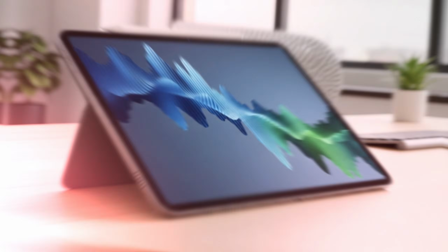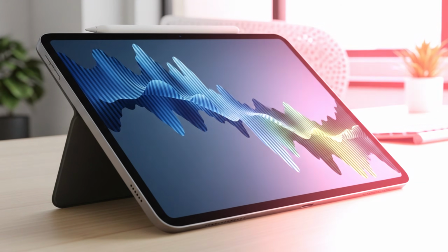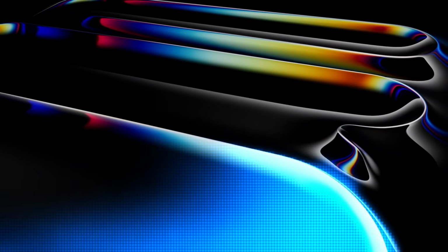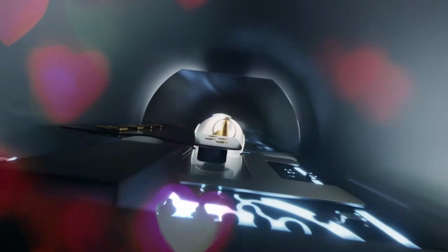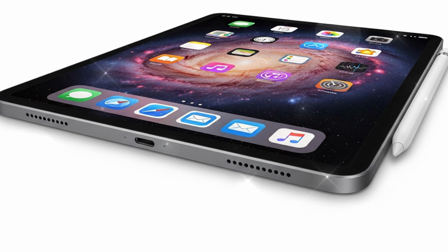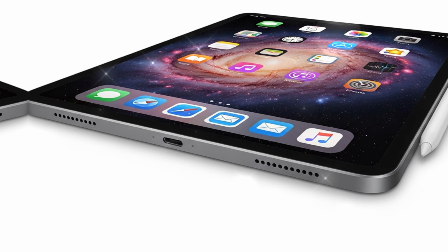The tablet market has shifted. People are keeping their devices longer. Your iPad 8th or 9th gen is starting to chug. The battery is dying, the apps are crashing, and you can't run the latest version of iPadOS smoothly. Apple knows this. They need a supercycle. They need something so compelling that the millions of people holding onto old iPads feel forced to upgrade. That's why the 12th gen isn't just about a faster chip. It's about the integration of Wi-Fi 7 and potentially a significantly improved 12 megapixel